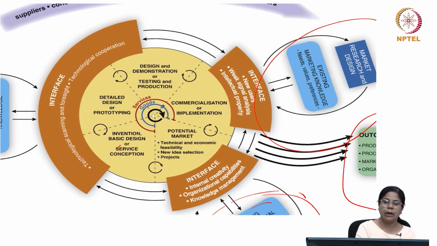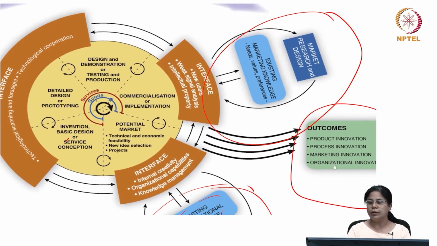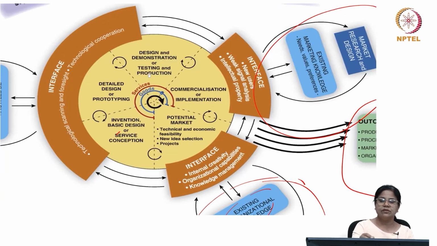Essentially, the idea is to come up to the core, maybe with the new good or the services that will be the final outcome in the form of maybe this, right? So this is very much similar to what we had in the chain link model. The major point of digression here is that instead of having it in a linear model, now this is being introduced in the circular model. Like I said earlier, here the emphasis of the author is that they do not want to point as to where it starts. It can start from anywhere.